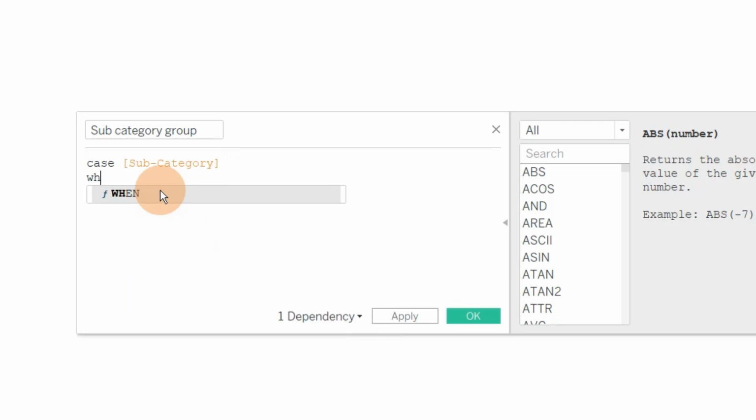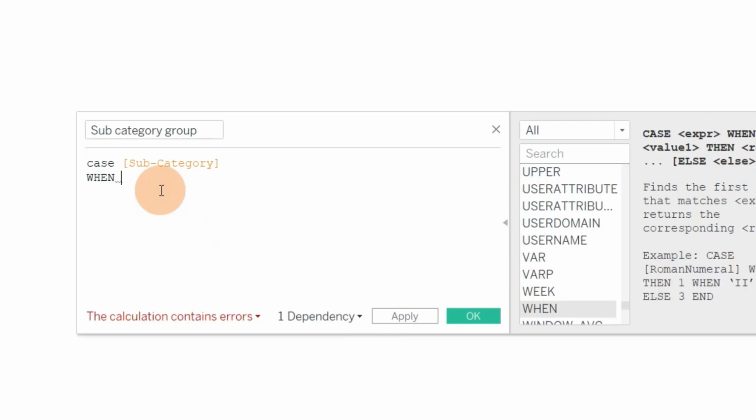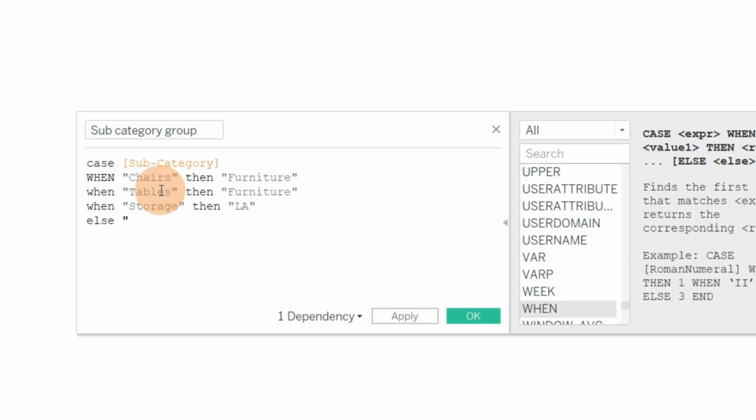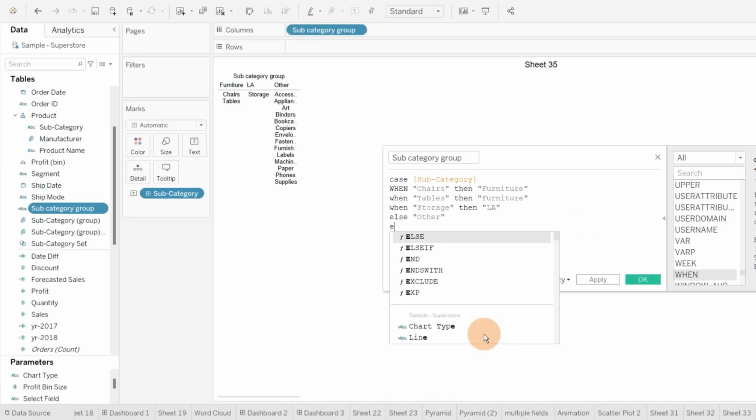So case subcategory when, I will write my when here, when value 1, that is chairs, when chairs, then furniture, when tables, then furniture, when storage, then LA, else other, then end.